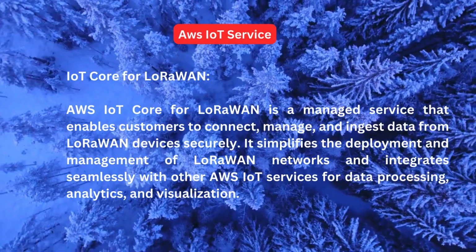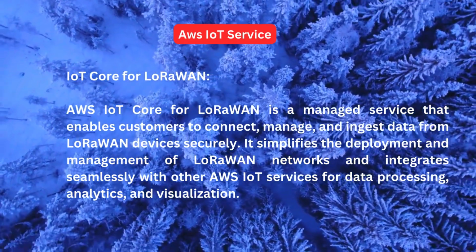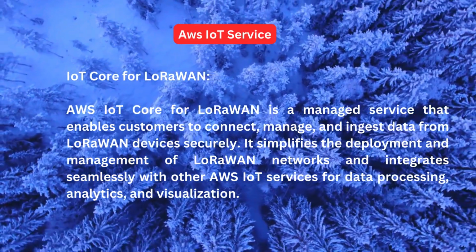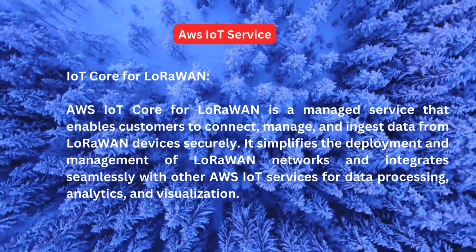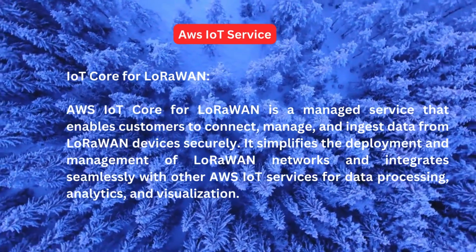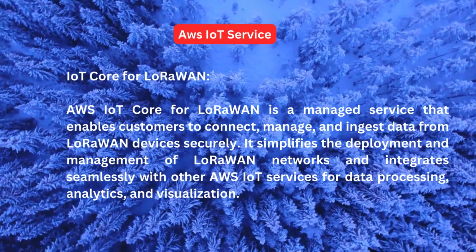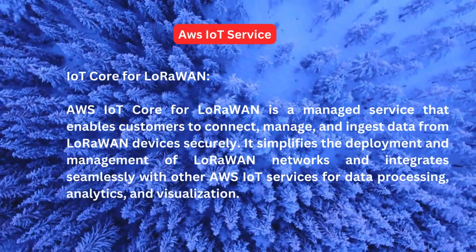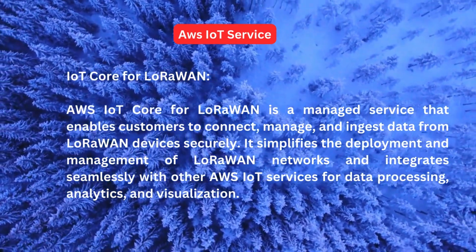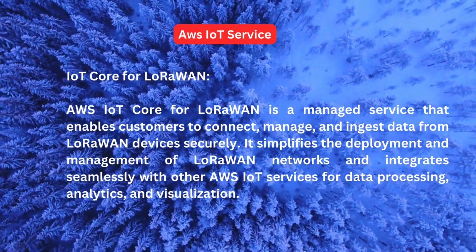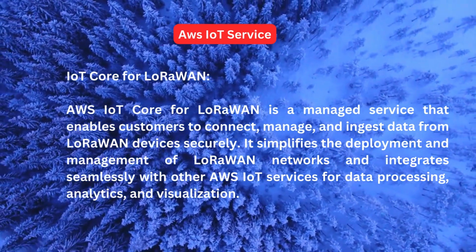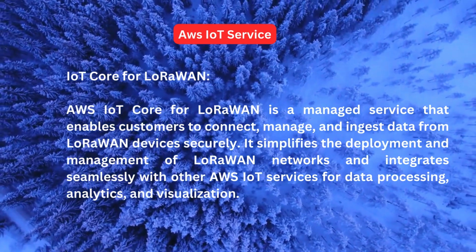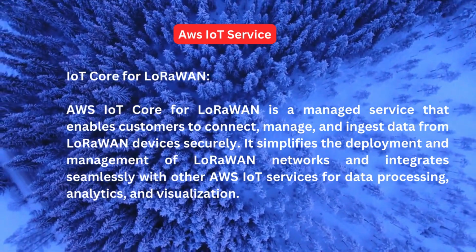IoT Core for LoRaWAN. AWS IoT Core for LoRaWAN is a managed service that enables customers to connect, manage, and ingest data from LoRaWAN devices securely. It simplifies the deployment and management of LoRaWAN networks and integrates seamlessly with other AWS IoT services for data processing,